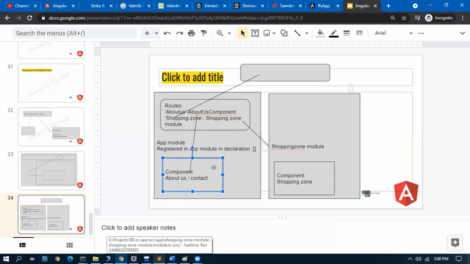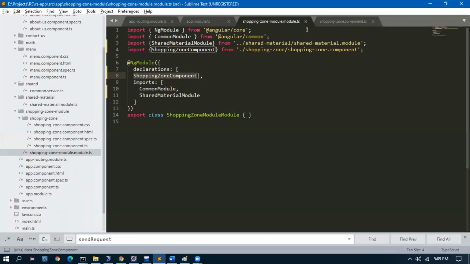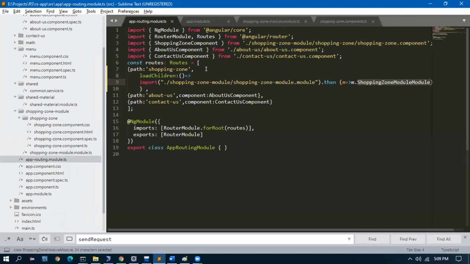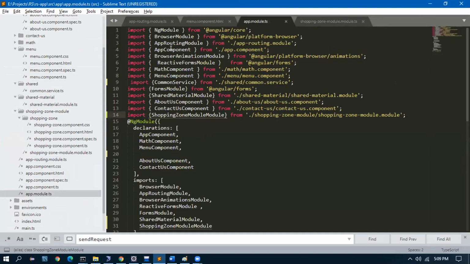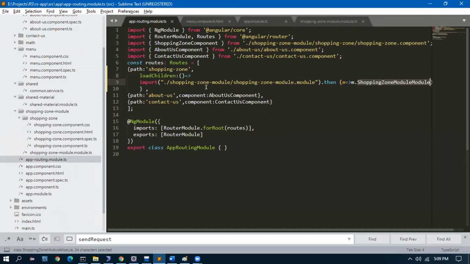Rajesh, in the browser, if we hit localhost:4200, we got all the components, right? Home, about us, shopping zone. No, you don't get all the components. You get only the menus. You get only 3 menus. When you click this URL, it is going to go to the app routing module.